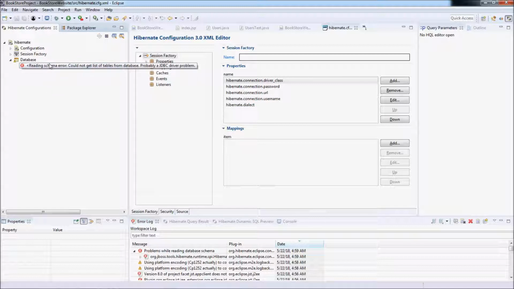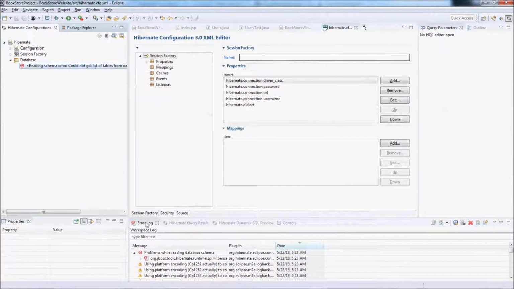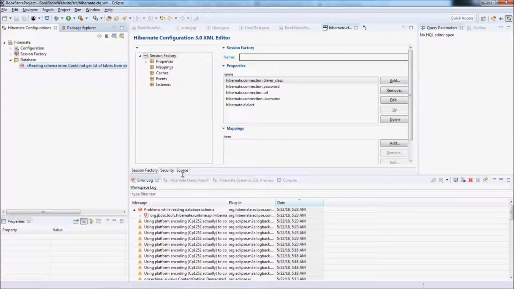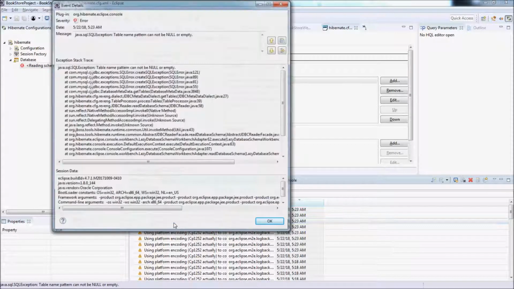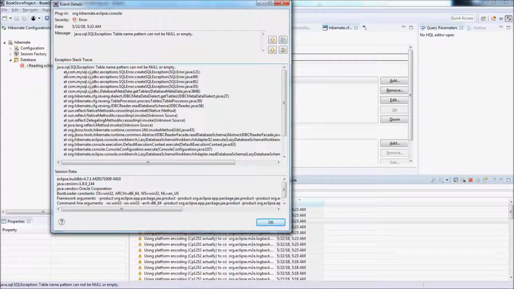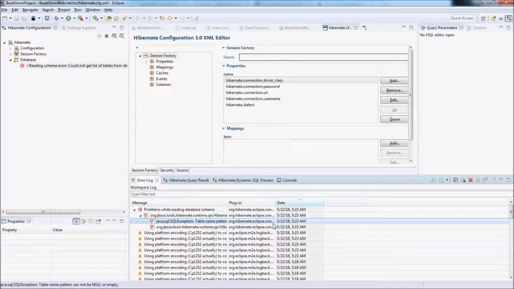We have a JDBC driver problem. Don't worry, I will show you how to solve this problem. So we need to see the exception detail here. You see we have an SQL exception, table name cannot be null. I think this problem is caused by the version of the JDBC driver we are using. So let's see our